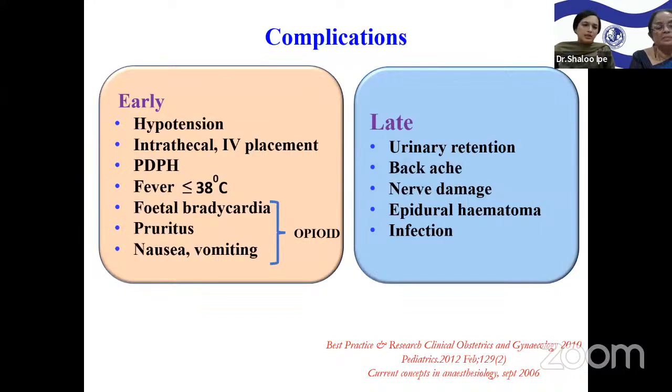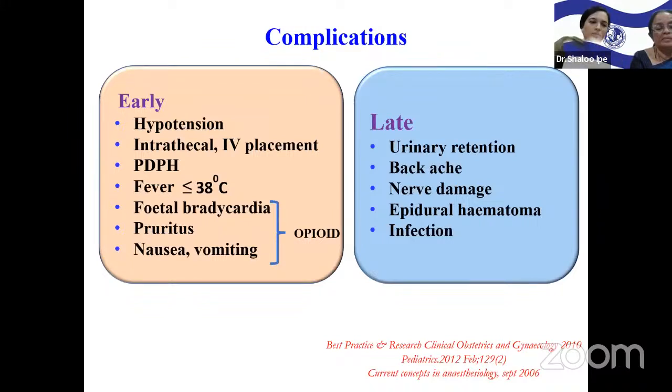Complications that are seen: hypotension is very uncommon because we use dilute concentration of local anesthetic with opioid. PDPH is almost a sure entity if you have inadvertently punctured the dura. Textbooks recommend the use of 1 to 1.5 liters of saline in the epidural space to decrease PDPH. Maternal hyperthermia, usually less than 38 degrees, is also seen with labor epidurals. This is said to be of non-infectious nature. This may be because of inflammatory response or change in thermoregulation.